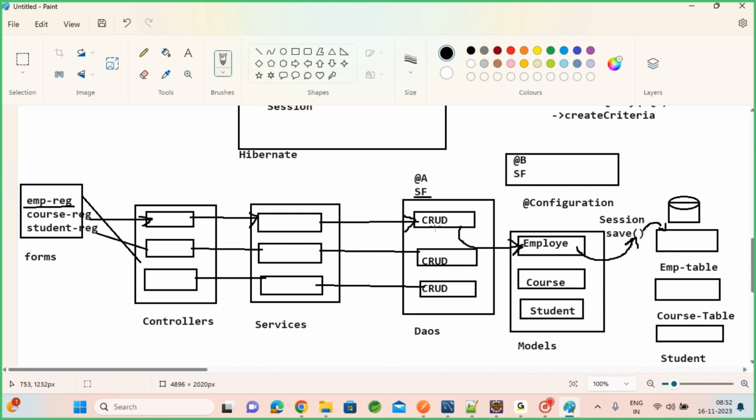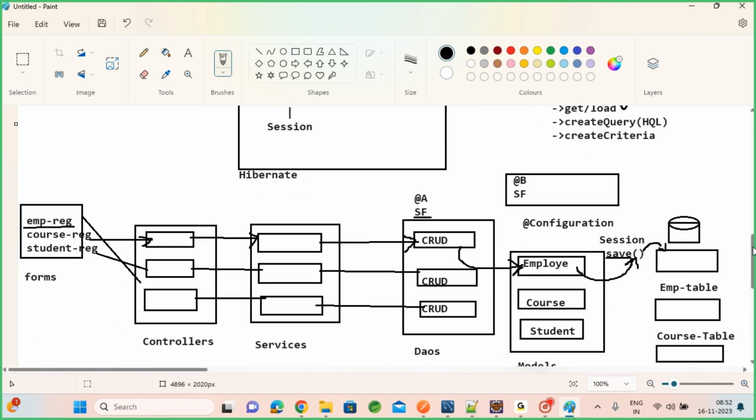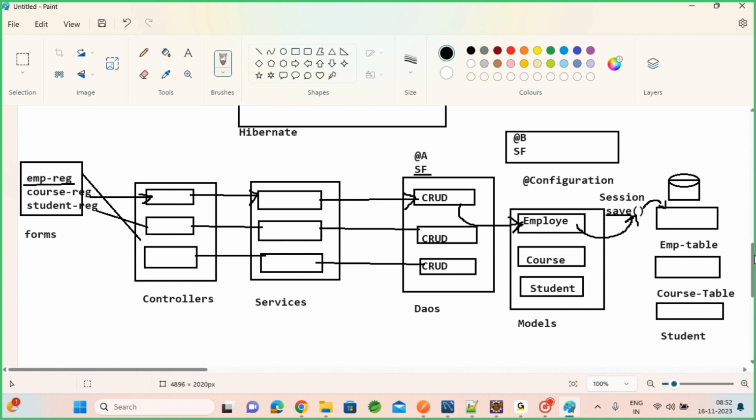So usually, whatever data you are getting into the DAO, you have to populate it into your POJO class, and call your session class save method to save it. If you want to update the record in the database, instead of save, you need to use update. If you want to delete the record, you pass the same POJO class to the delete method. If you want to select the data, we have get and load methods. There are many other methods we have. So we use the session factory classes' save, update, delete, or select methods for doing CRUD